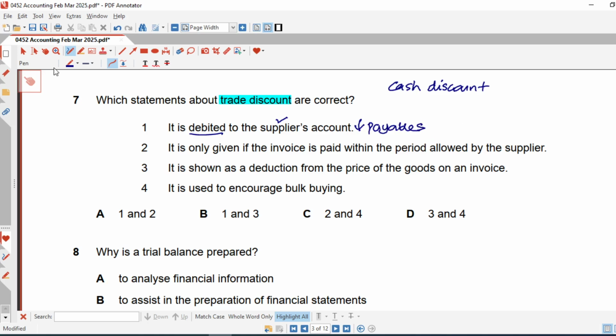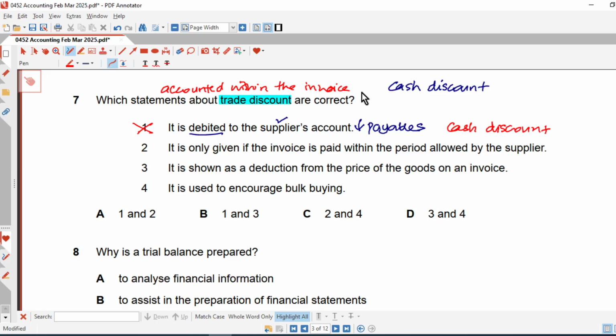Well, it would be true if this was a cash discount, right? But if you're talking about a trade discount, it's false. A trade discount never appears in the ledgers. You have to remember that. So trade discounts are usually accounted for within the invoice itself, right? Accounted within the invoice. So usually when I give out trade discount, it would be for bulk purchases or if